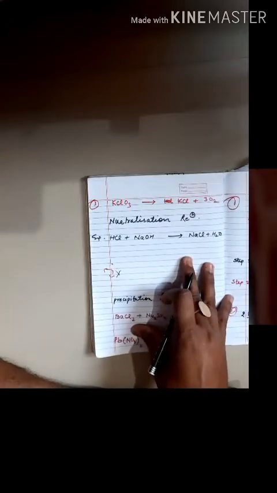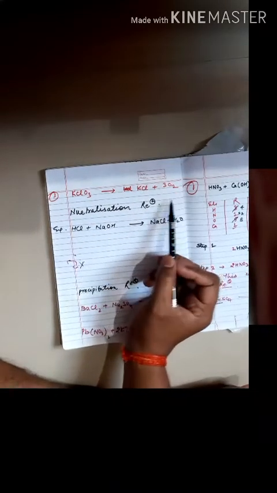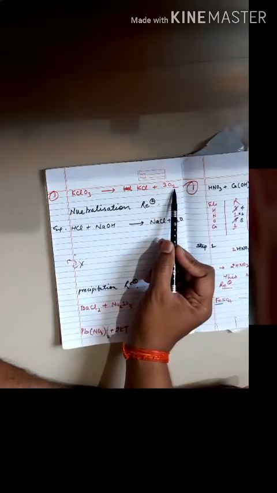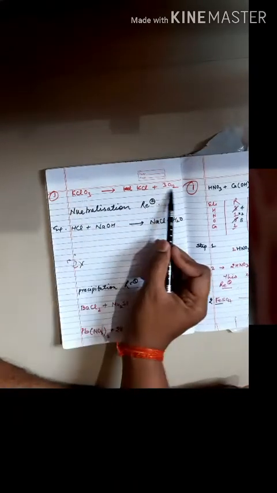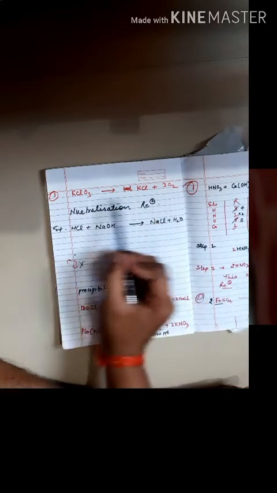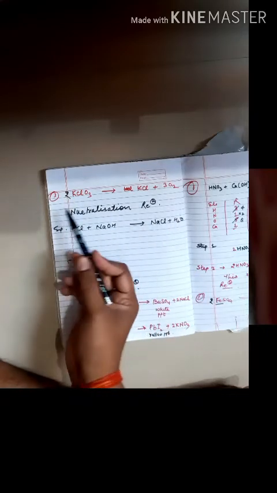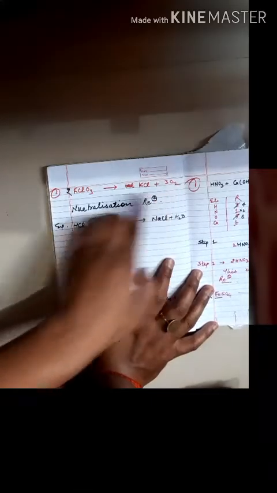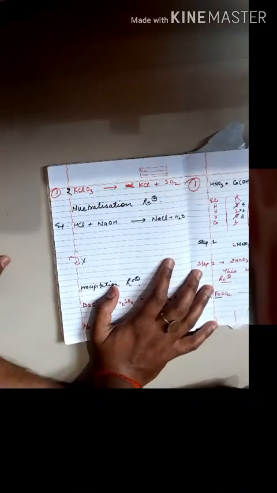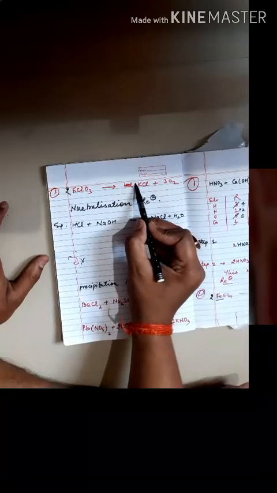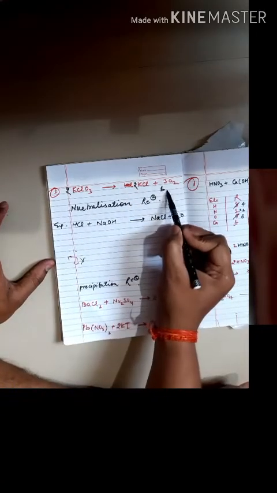So this is the third example, students. KClO3 gives KCl plus 3O2. KCl is here. Now 3 into 2 is 6 oxygen here, sorry, 6 oxygen are there and 3. So this is a single reactant. Take the LCM: 3 into 2, 6, and here 3 into 2, 6. So 2 KCl, and you make 2 KCl, balanced.